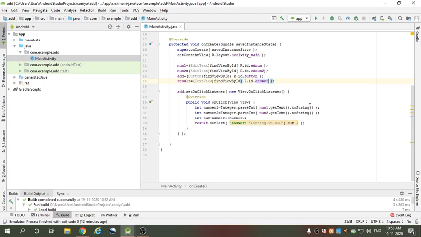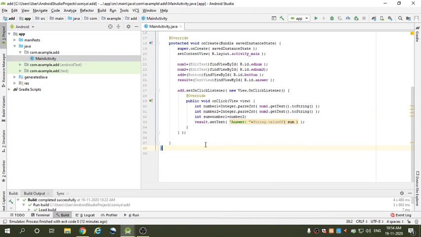Here I use Integer.parseInt. In the same way I take int number2 is equal to Integer.parseInt(num2.getText().toString()). Then next, int sum is equal to number1 + number2. Here we store the result of the sum.